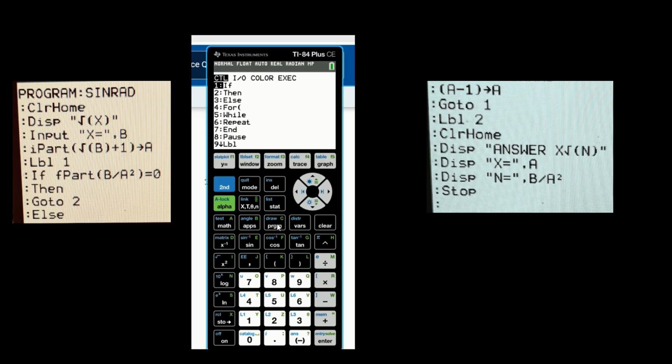After pressing the program, we will go to our right to go to I/O, and then after that we are going to go down and find number 3, which is the display, that one. Okay, enter that. So after that we are going to press alpha, plus sign, to get the quotation.